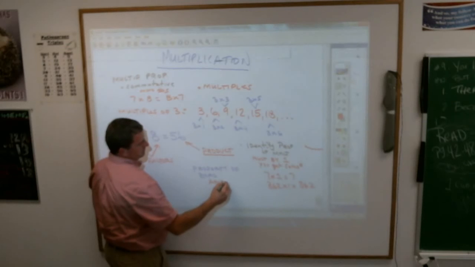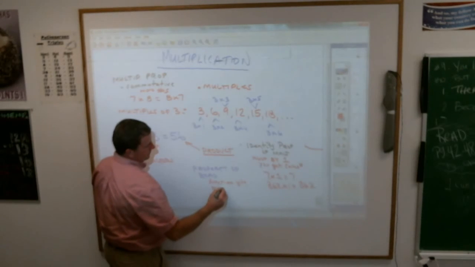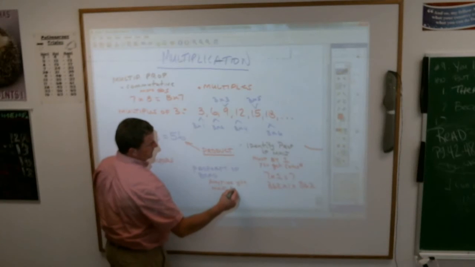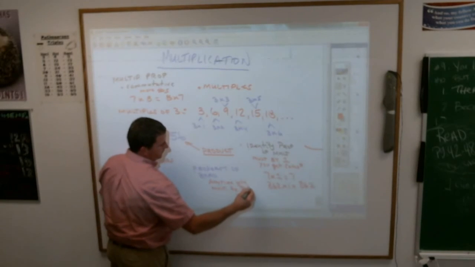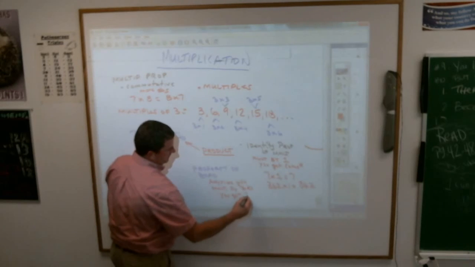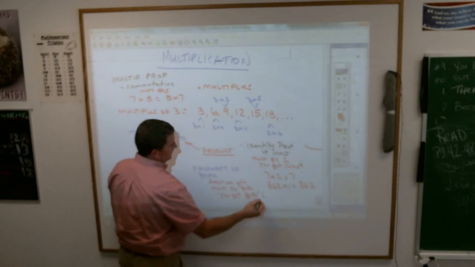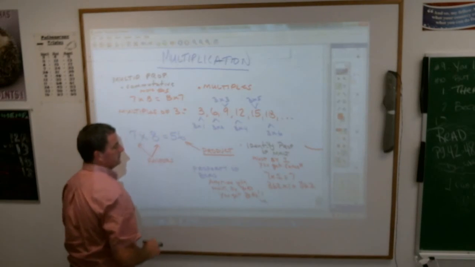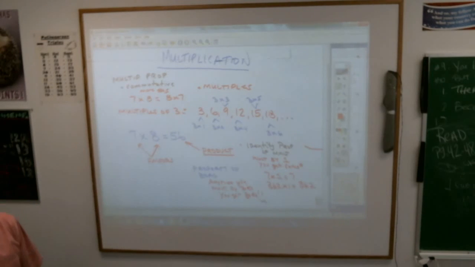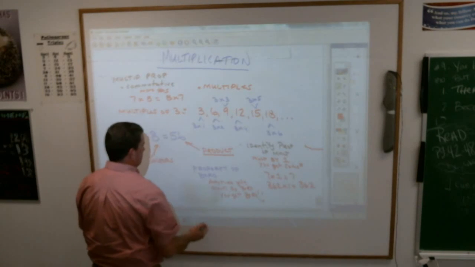Put a little happy face there. So that is the 0 multiple. Everybody got that? Yeah. And like I said,